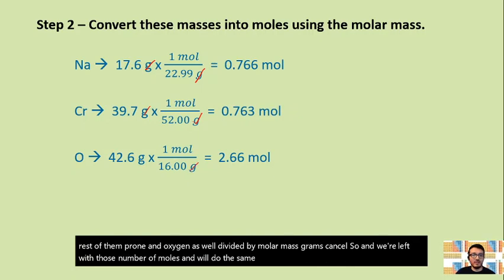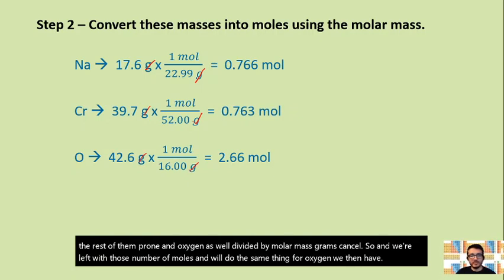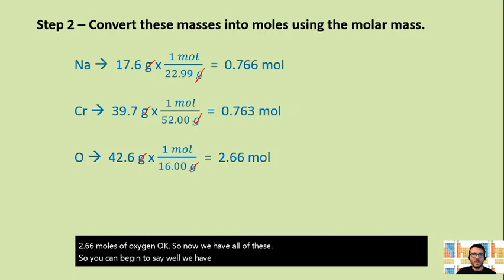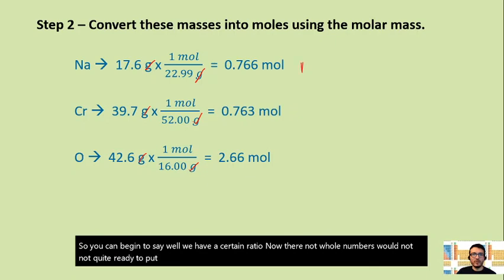We then have 2.66 moles of oxygen. Okay, so now we have all of these. So you can begin to say, right, well, we have a certain ratio now. They're not whole numbers. They're not quite ready to put into a chemical formula. We could say, though, that we have